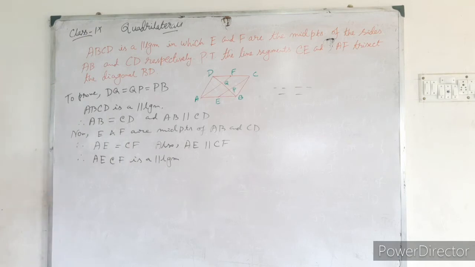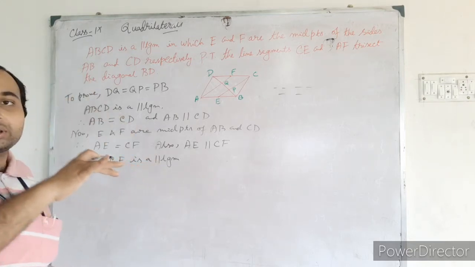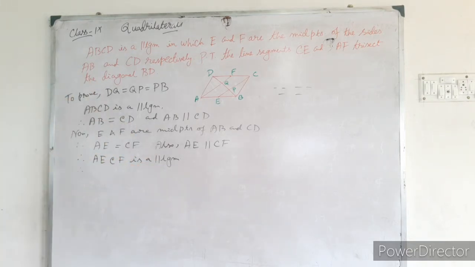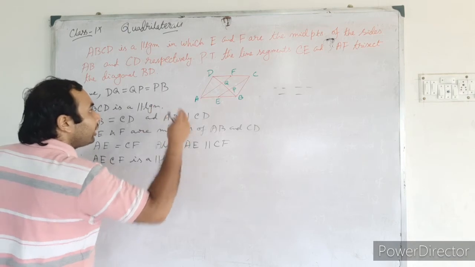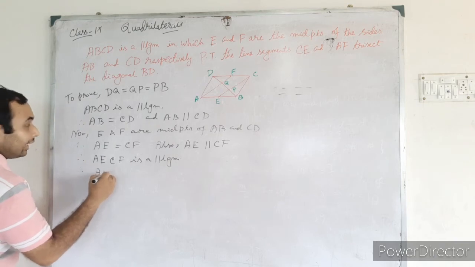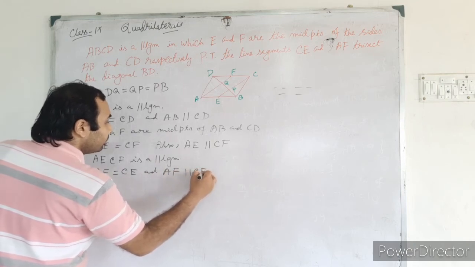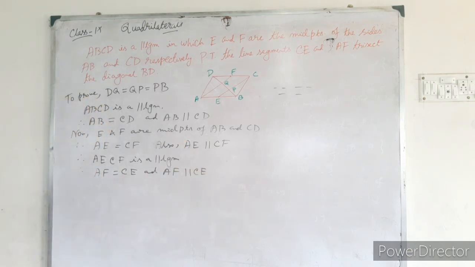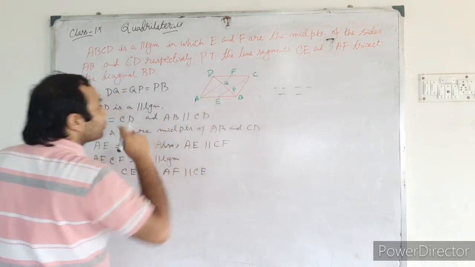So whenever this is the parallelogram, then only from the parallelogram, actually we are just proving the logic. We are using the logic in reverse way and after that the straight way. The similar logic: first the straight way, after that the reverse way, again the straight way, like that. So AECF is the parallelogram, so why not we can say AF is parallel to CE, because those are the opposite two sides. So AF is equal to CE and AF is parallel to CE now. Okay. So we have proved this is a parallelogram, those two are parallel and also those two are equal.